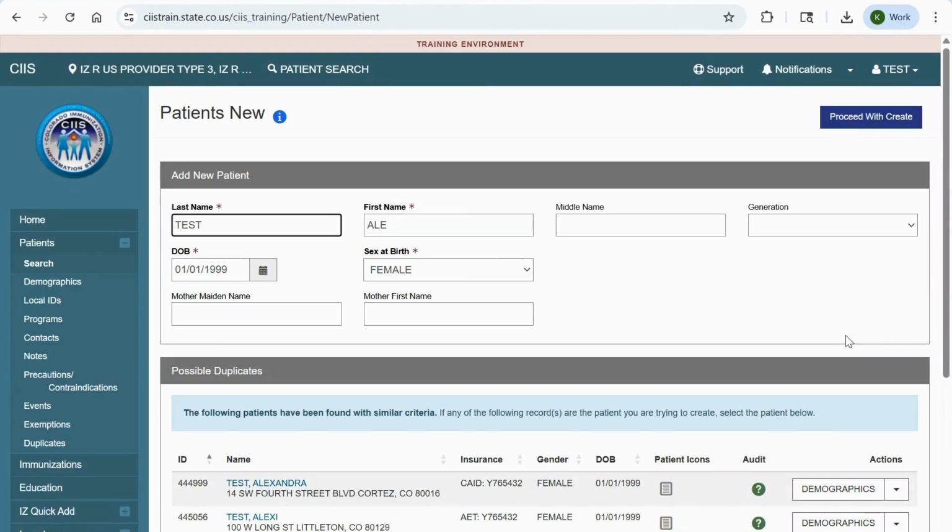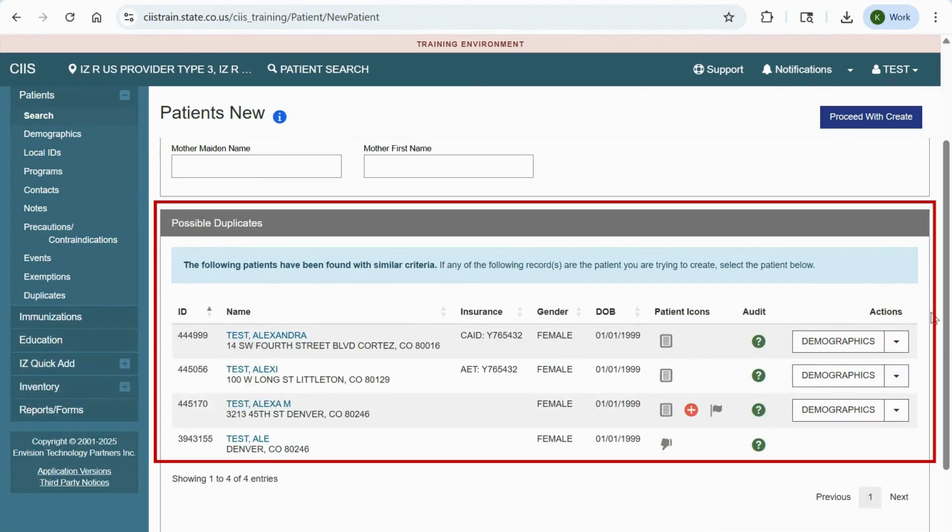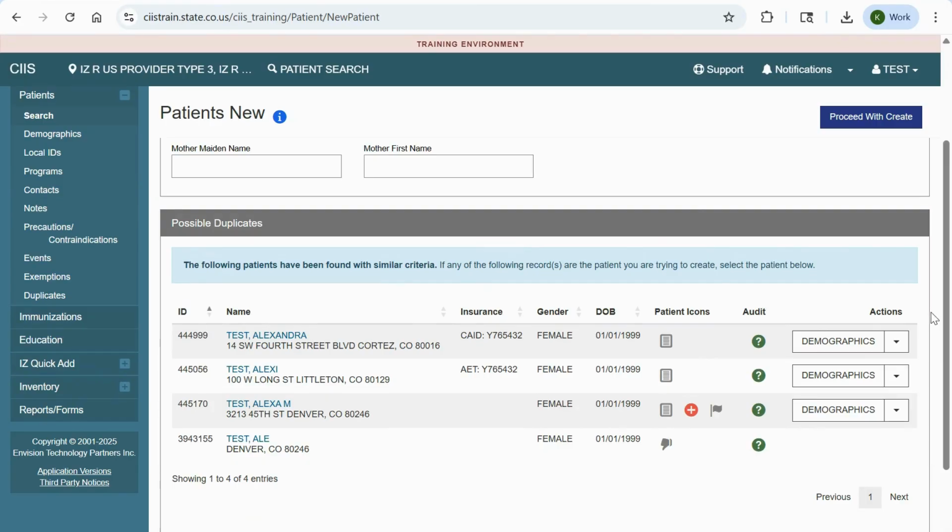You will be navigated to the patient demographics screen. Note: if there is a possible match, a possible duplicate screen will display. Compare the record you are creating to the possible duplicates that appear. Note: if a duplicate patient record is found, review the How to Identify and Report Patient Duplicates job aid link